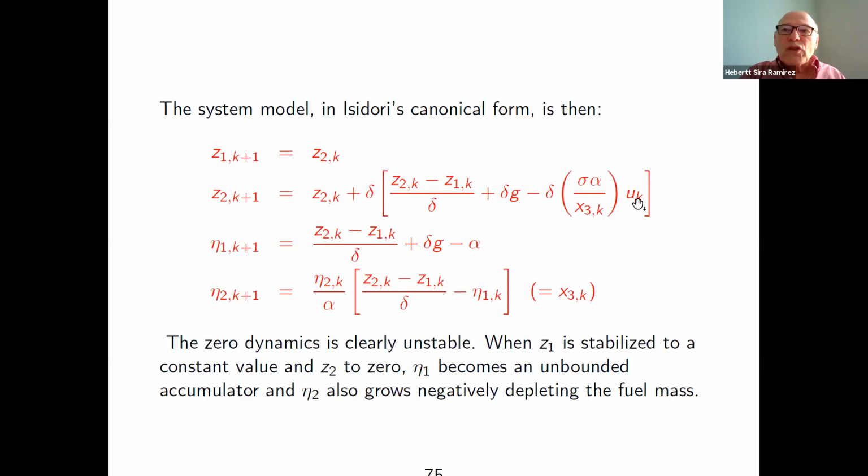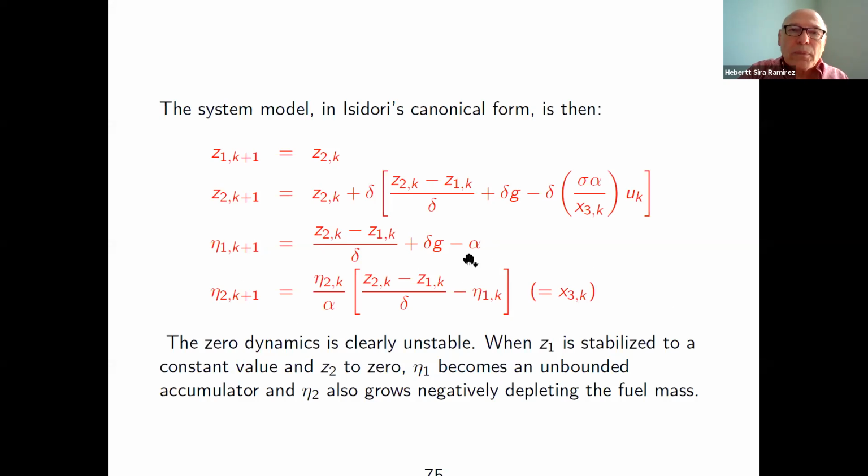And it's no problem shutting the control off at 1 meter of height on a planet that doesn't have too much gravity. That doesn't mean you will have a big crash, but you will have a descent which is relatively slow. So the linearizable part is very nice, very easy to control by means of an input coordinate transformation that will render the system completely linear and controllable. But the zero dynamics is given by these two variables, which is now independent of